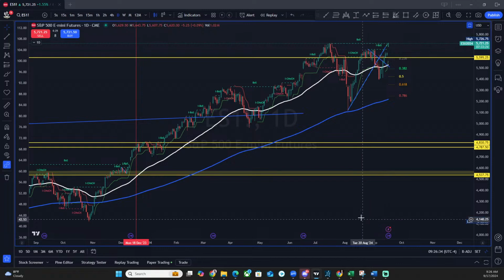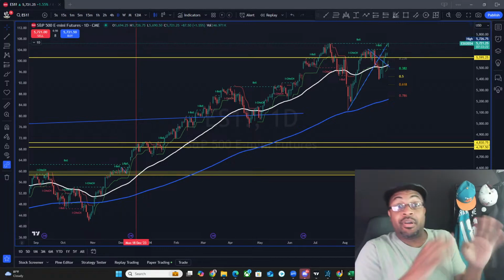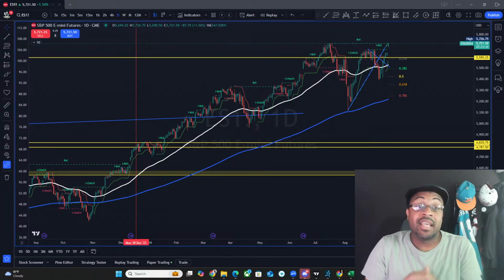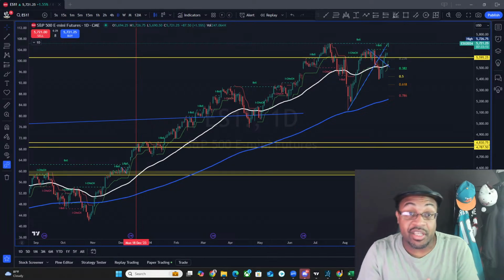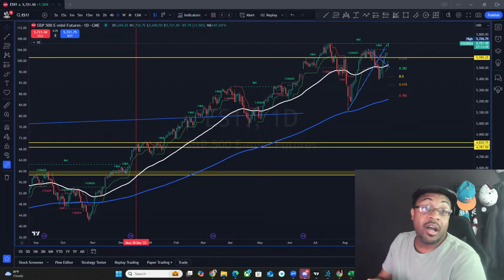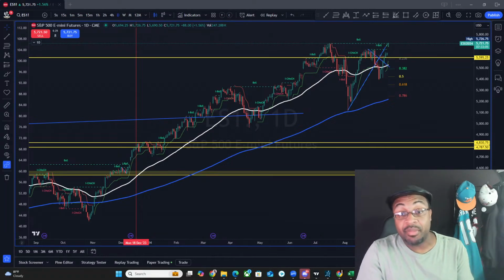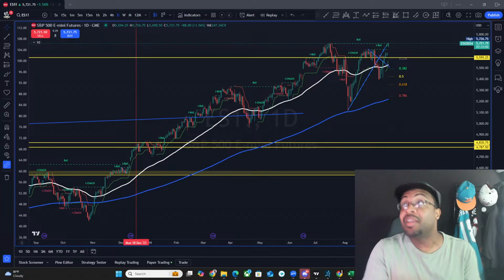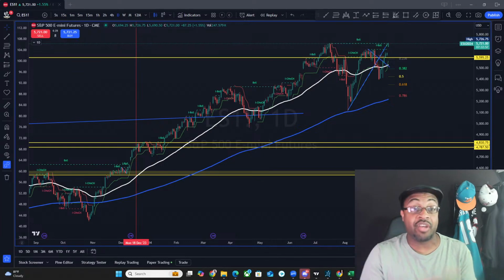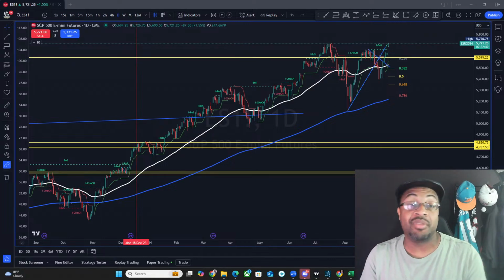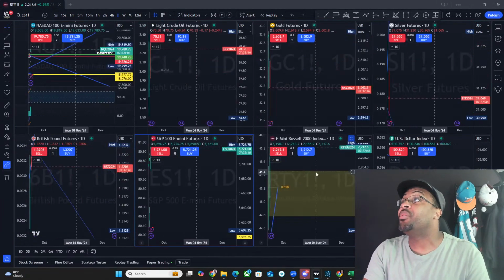Next is ES. Remember, I kind of explained ES. I was like, well, ES already filled its fair value gap. With us kicking up to this level on ES, I have a lot of questions because we did not hold well when it came down to the fair value gap. Is this just a contract expiration push up as people start to get out of their positions, reposition, and then they start to go back down, maybe liquidate back inside of that contract expiration gap? Maybe. We don't know. We're just going to take the charts that are presented in front of us. Right now, this thing looks very, very bullish, and we're probably going to go ahead and make some new highs on the ES.